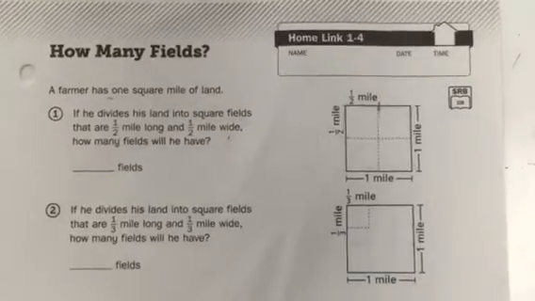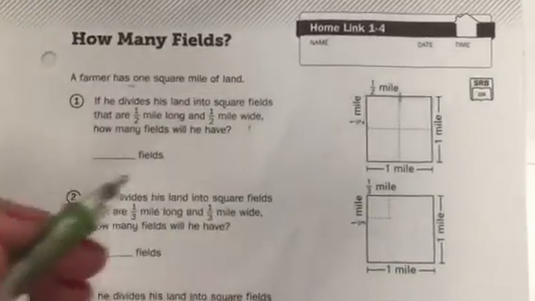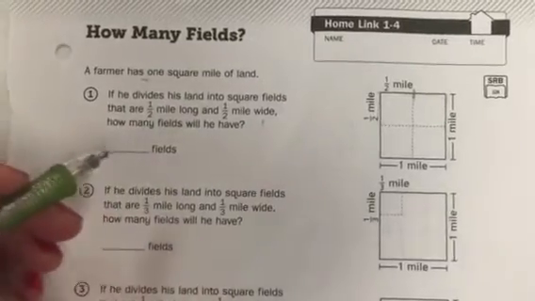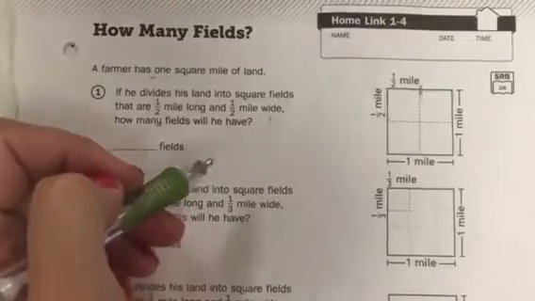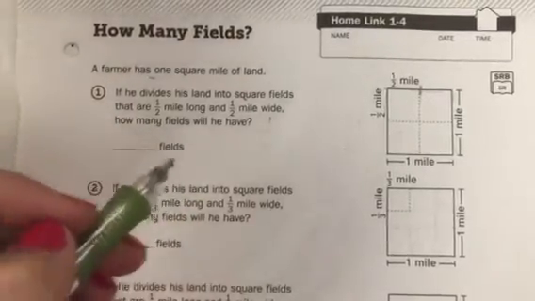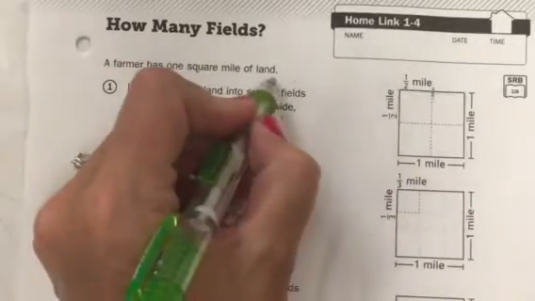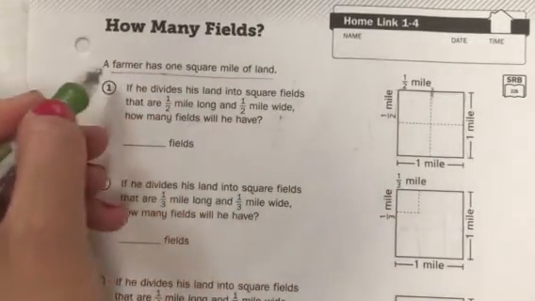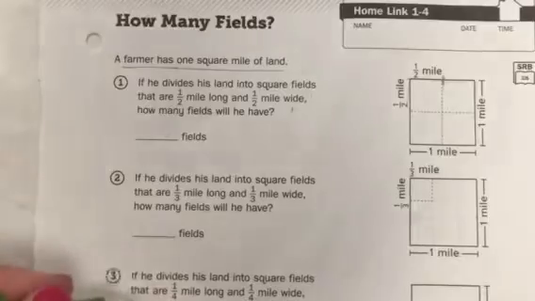Families, this is Mrs. Bond, and I'm just going to go over our homework really fast in case you're having trouble making sense of it. Students, parents, go ahead and show this to your students because, hey, students, it is your responsibility to do your homework, not your parents. Okay, a farmer has 1 square mile of land,